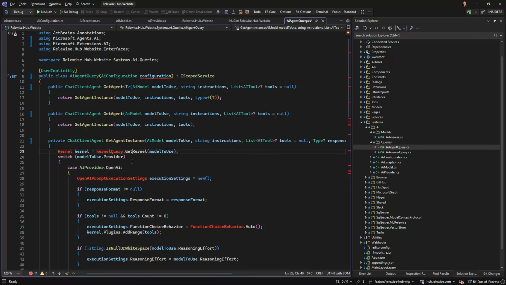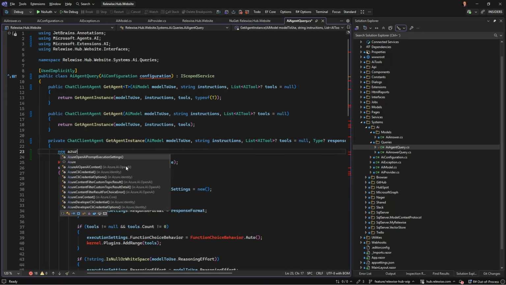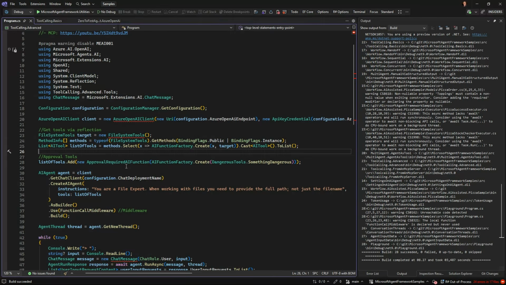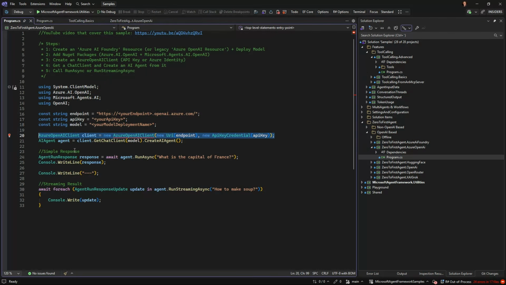Okay, so we had something with a model to use. So we're gonna, I guess we are gonna new up an Azure OpenAI client. What is it called? Let's go over here and see. So that one, was it?